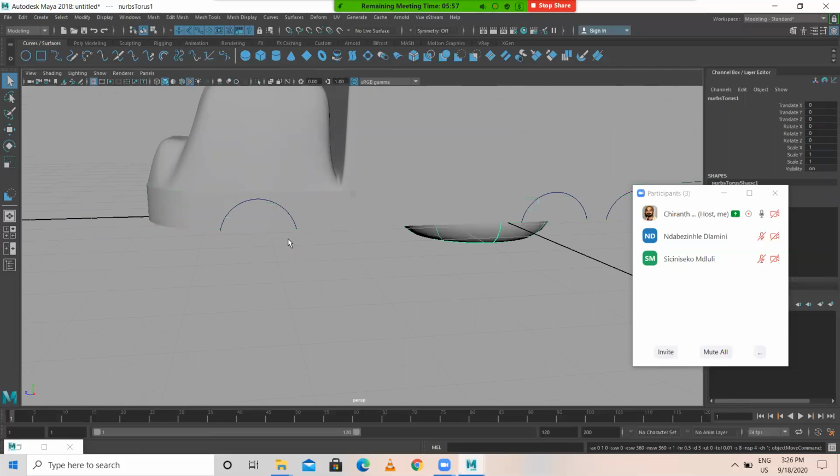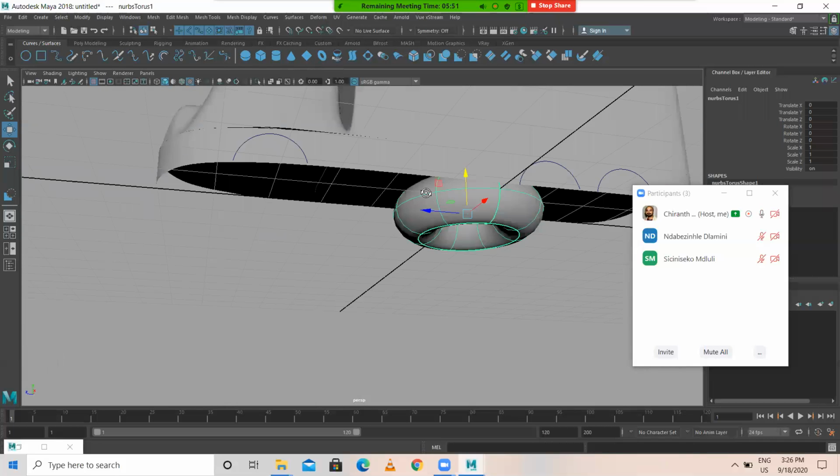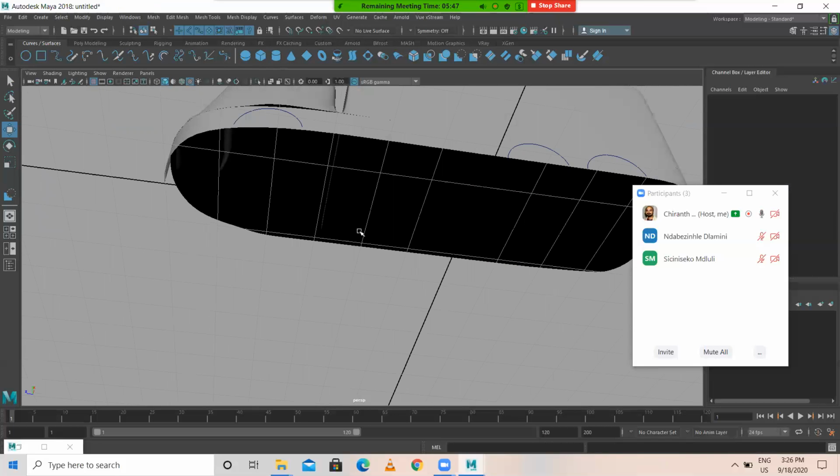So I'm just creating a torus. So when I click on anything, automatically it is coming on the grid. I don't want that to happen. Okay.